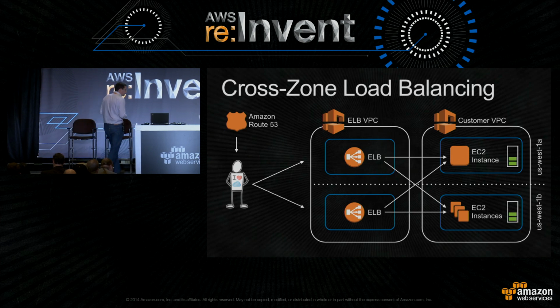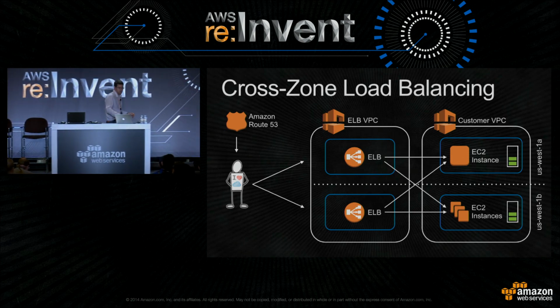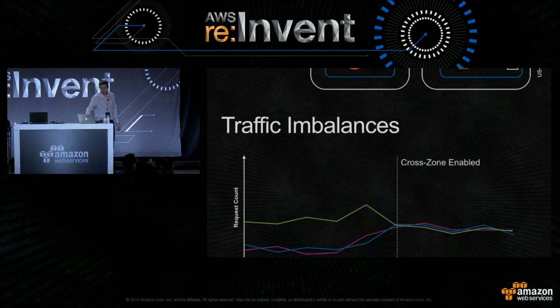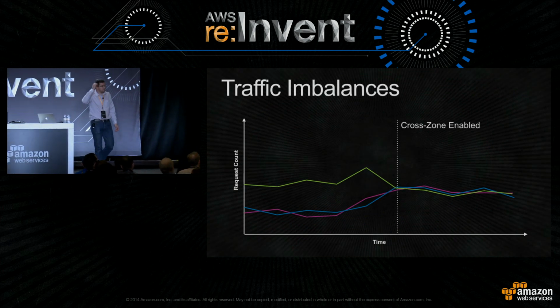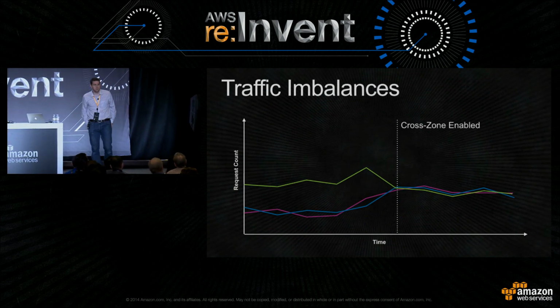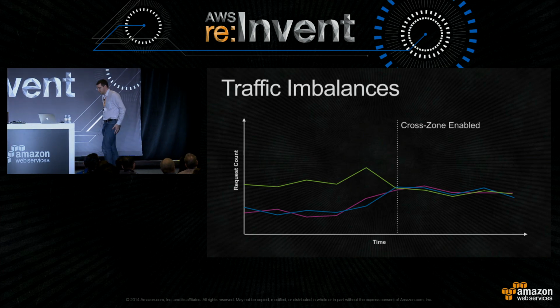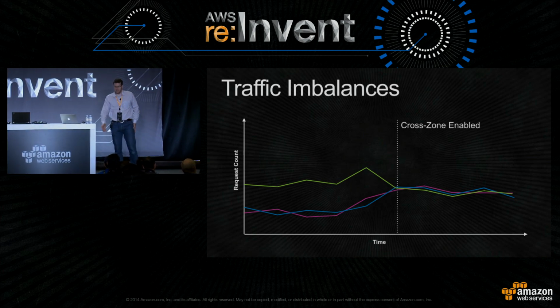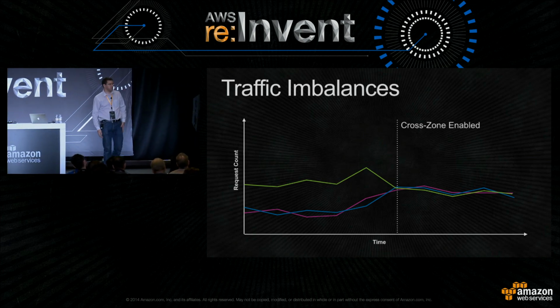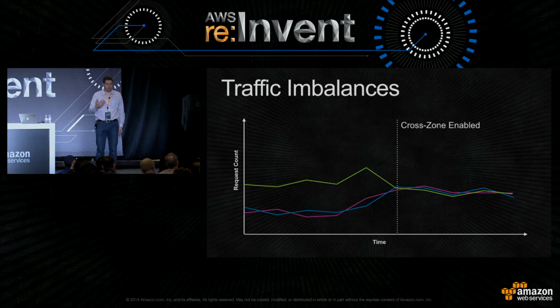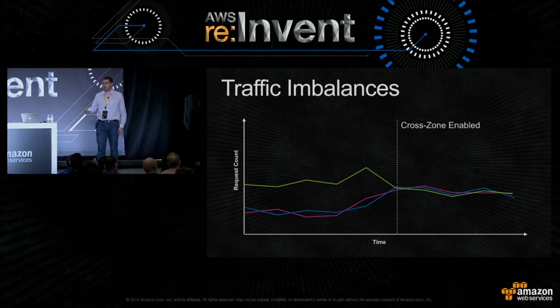It was actually a great feature to launch. We put it out there and got a lot of very positive feedback from customers. We actually had a couple of these graphs show up on Twitter. We always watch Twitter very keenly to see what people are saying, both good and bad, and seeing this was great. Just customers that had this imbalanced load and had a metric showing it, turn on cross-zone load balancing, and you